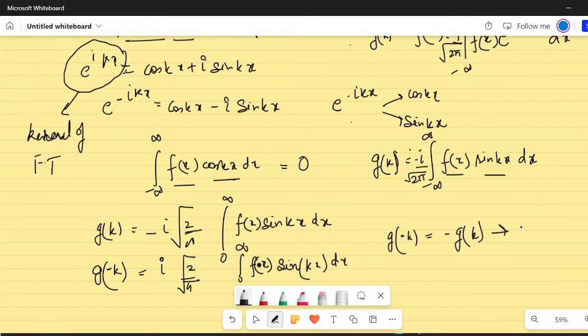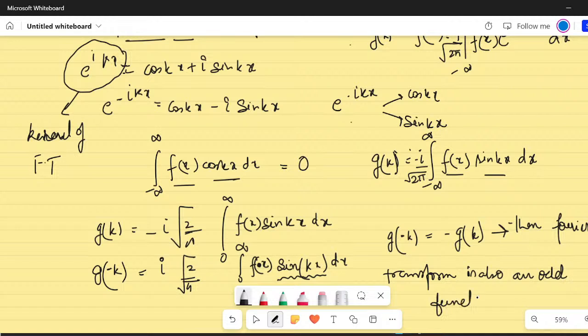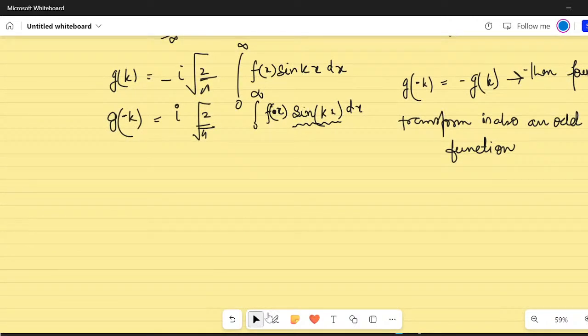At times it may come directly as a statement: then the Fourier transform is also an odd function. And you would find that only one term is surviving, not cos, but only sine is there. So at times this particular thing is referred to as the Fourier sine transform. I'm going to write all these things. Just give me a minute. Then the Fourier transform is also an odd function. Okay, now you see